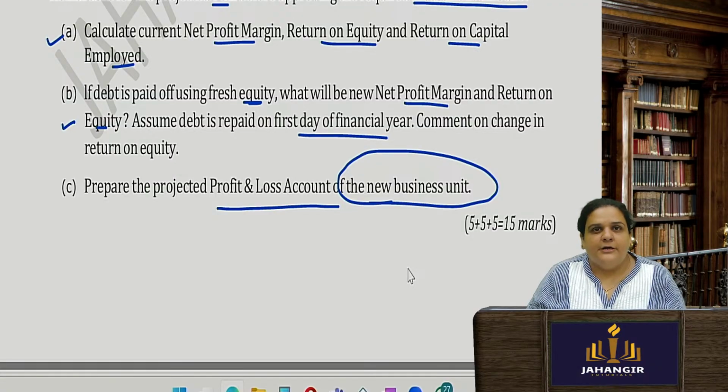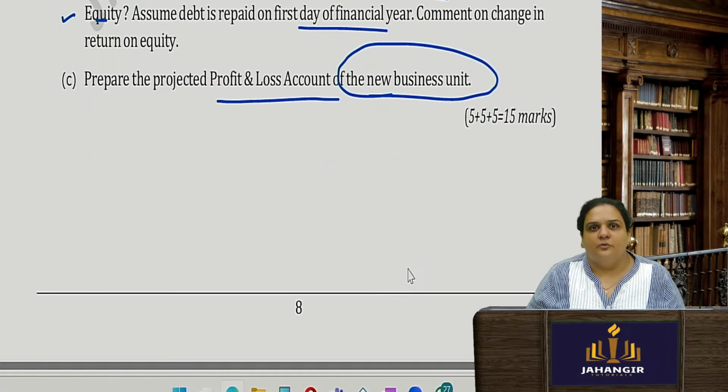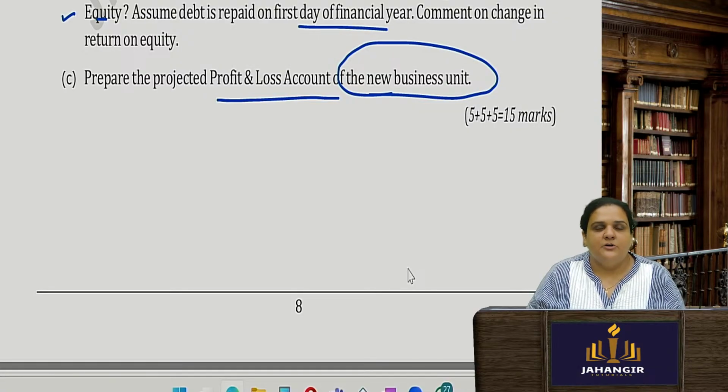15 marks I have already done with your issue of shares. Another 10-15 marks we have done with consolidation. Okay, so 45 plus 5 marks of your cash flow. 50 marks is already been solved in your marathons.